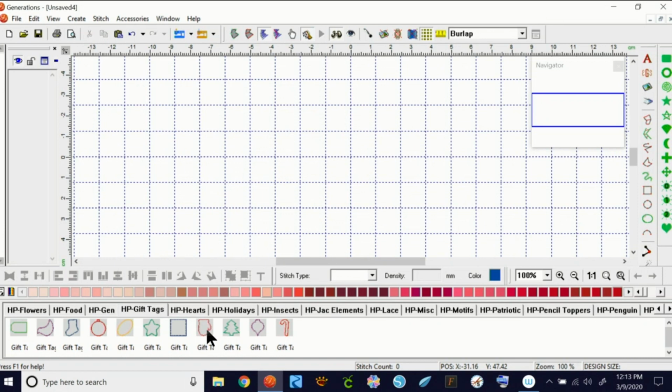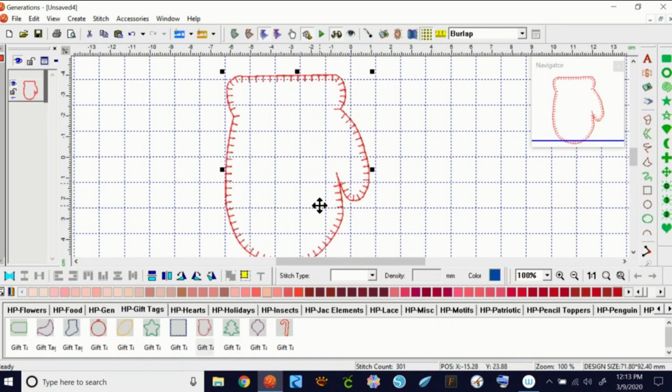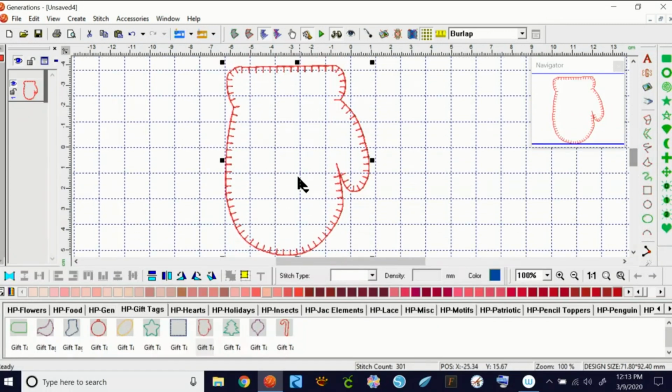I think I showed you, I didn't show you these. These are gift tags. I can just drag this up here and make a gift tag. So I can make it out of felt and then just stitch this. With a needle and thread, put a hanger through it, cut it out with pinking shears, and I have a gift tag. And you can do this out of felt. You could do this out of heavyweight construction paper, cardstock. I've done a lot of them out of cardstock. You can see them on the website. They're called gift tags, I think,